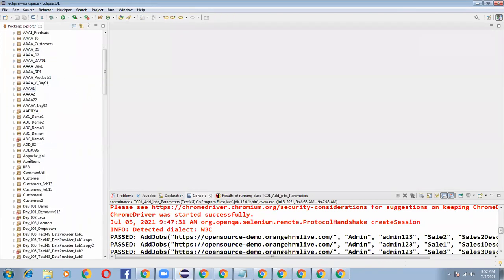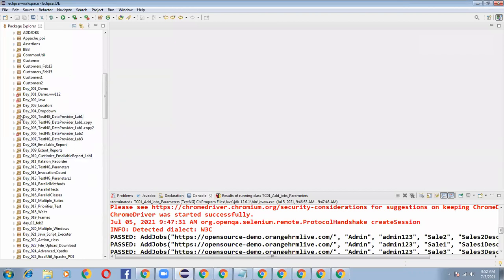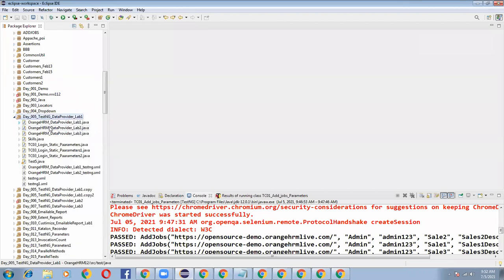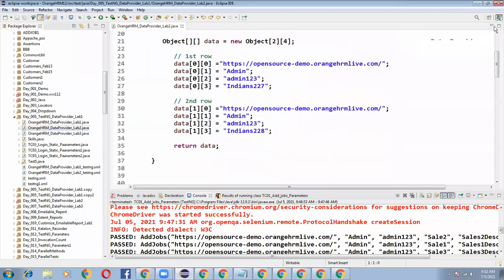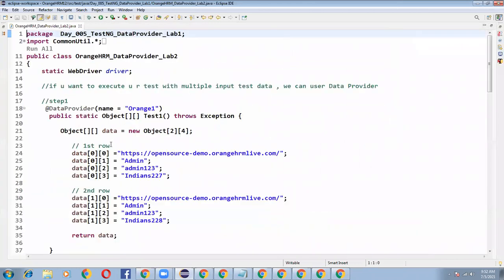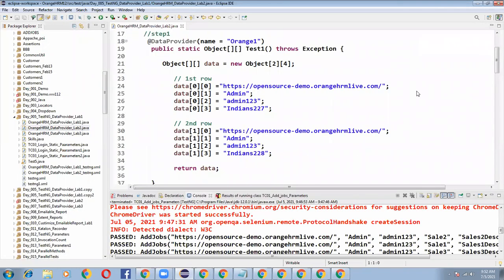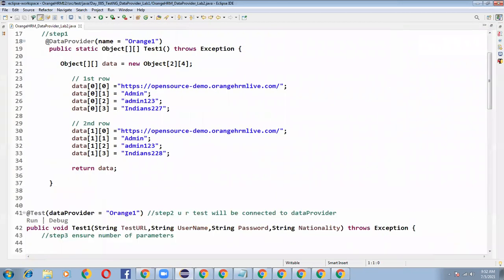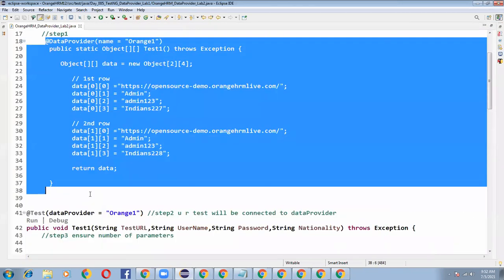And one second, I want to tell you in the data provider concept, there is one more second topic also. I'm not changing much at all. Just now we have seen data provider syntax of copy one. Now I am going to do one more concept as data provider syntax, another approach.